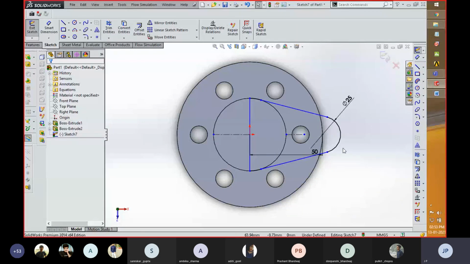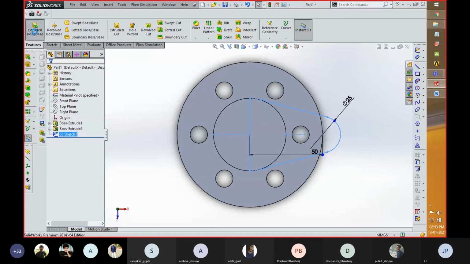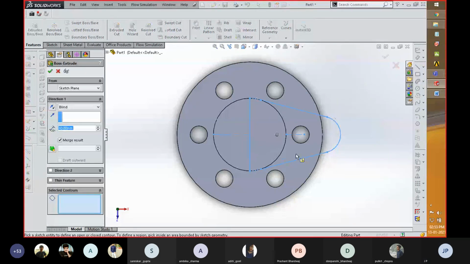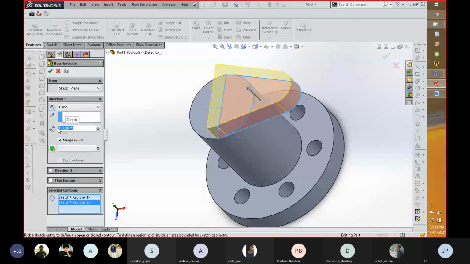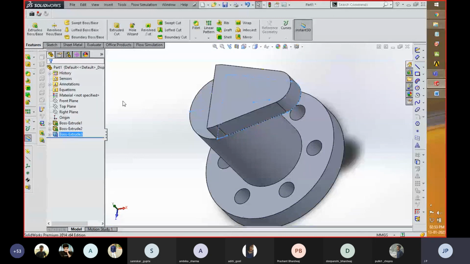So I think it may be completed after this. Okay, now you can see that it should be of 15 millimeter. So there are multiple methods applied for creating this component.